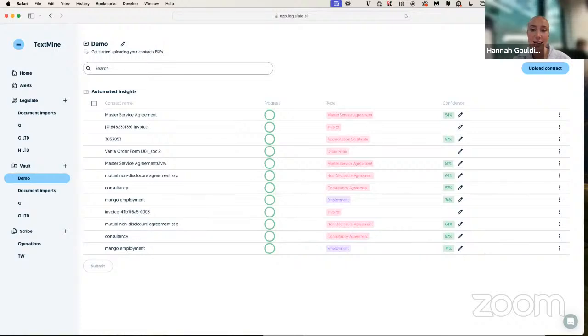The next one is, how safe and secure is the data stored from the documents it takes in? Like any software, there are always going to be information security concerns, and that's not specific to AI. TextMine as a business has taken security very seriously from the beginning, and we're now ISO 27001 accredited.